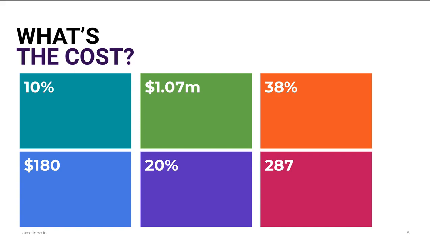And then also we see things around the cloud and things like that, which more and more companies are moving into. So when we look at these key metrics, if we take a look here at the first one, we see 10%. So the question is what is that? Well, that's an increase in the average cost of a breach. So the average cost of a breach increased by nearly 10% year over year,